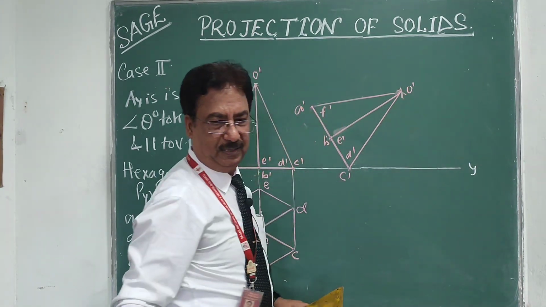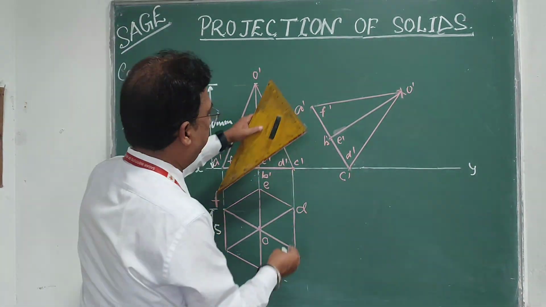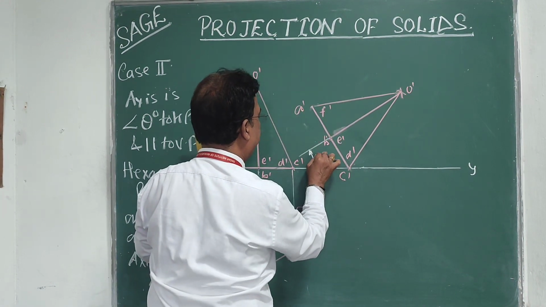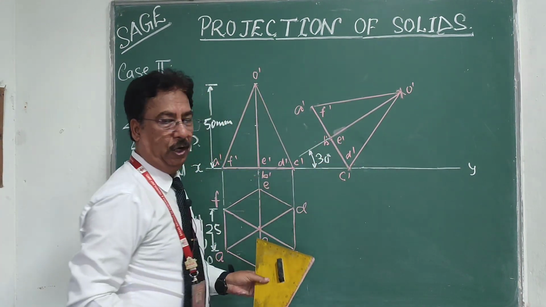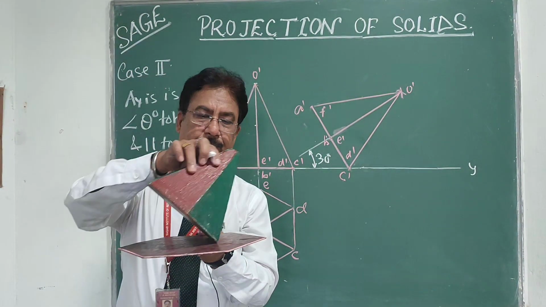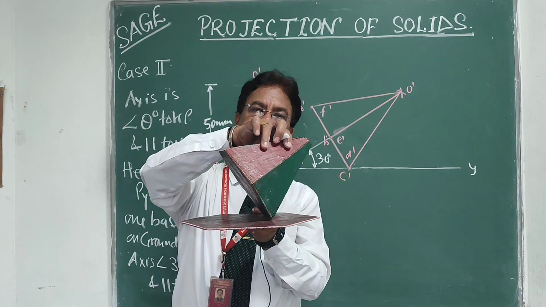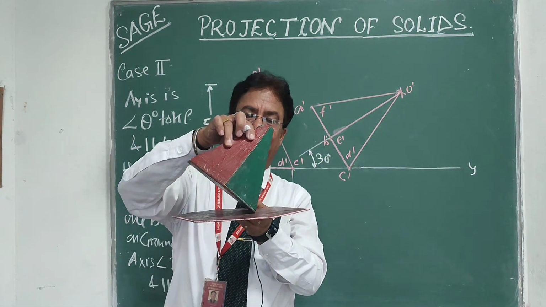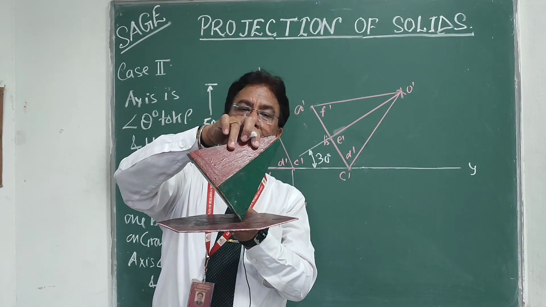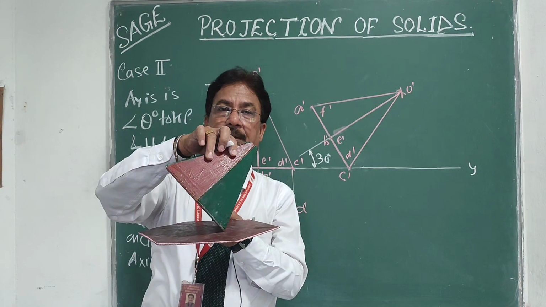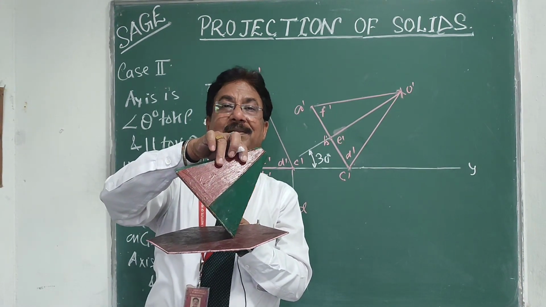So now the axis will be inclined to HP by this, that is 30 degree angle. This angle will be 30 degree. Now with the help of this figure, I will draw the top view. So I will look from the top and draw the figure. So from the top view, as you know, when the axis is inclined to HP by some angle, the distances of the object from the HP change, but the distance from the VP remains the same.